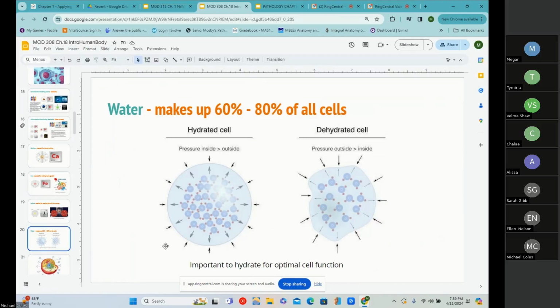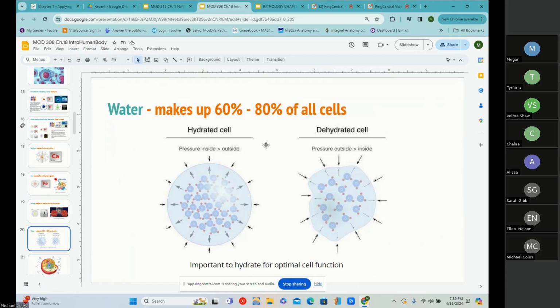So like I said before, if you have a fish tank and you get all these different types of fish in the fish tank, if you drain the water out and they're all clumped together, they're not going to be able to swim around and do their job properly. So we need to make sure that our body is hydrated, our clients are hydrated. Just telling them to sip a small cup of water after the session is not going to do much, because if they're dehydrated,